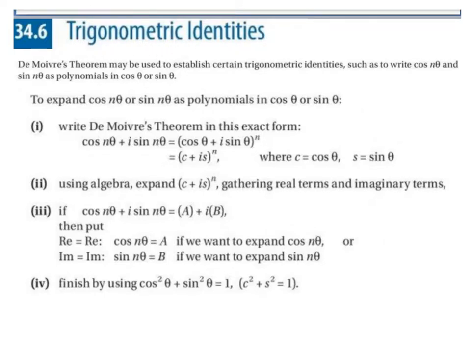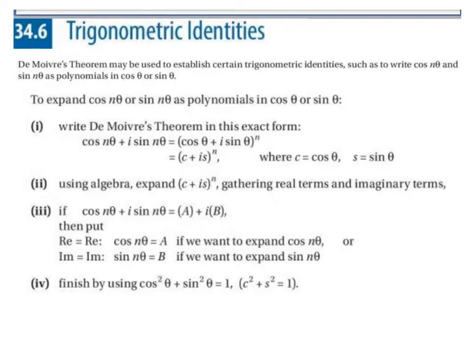Trigonometric identities. De Moivre's theorem may be used to establish certain trigonometric identities, such as to write cos nθ and sin nθ as polynomials in cos θ or sin θ. To expand cos nθ or sin nθ as polynomials in cos θ or sin θ, these are the